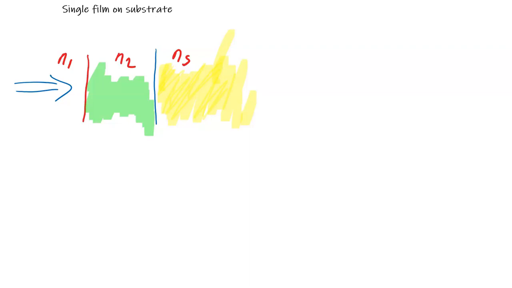The layer on a substrate consists of two interfaces. It can be described with two interface matrices and one propagation matrix. The full T matrix can now be calculated from their product. The individual matrices are